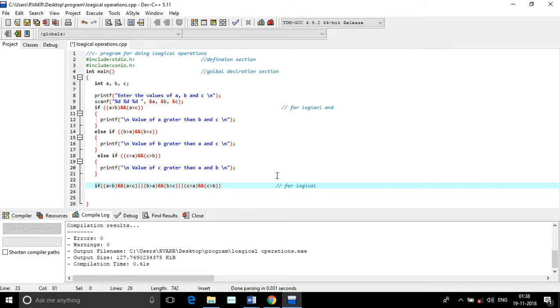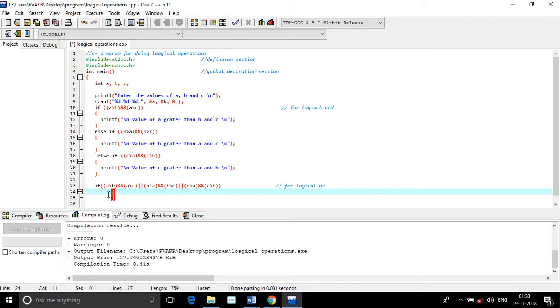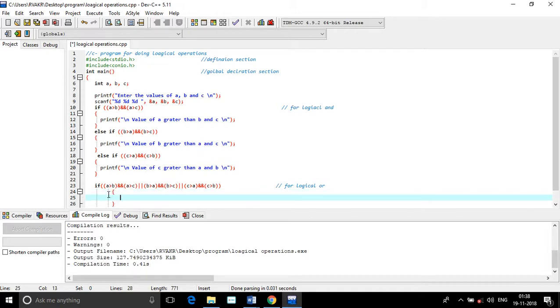logical or. So if any one condition is true, then it will enter into the open braces. So here it has to print that, printf, brackets, quotes, within the quotes